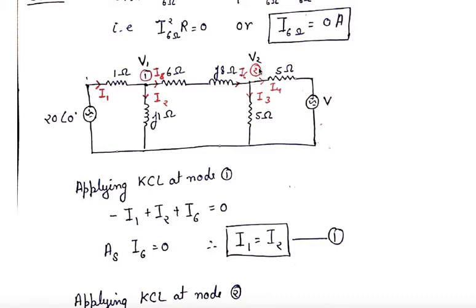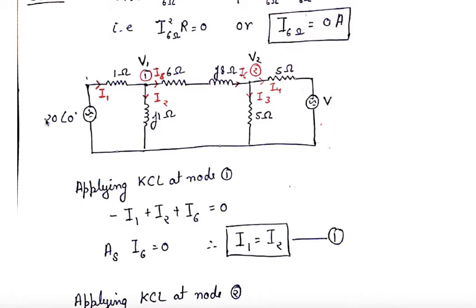But we don't know the value of V1 and V2. We have just marked the value as V1 and V2. And here it is 20 ohm. So it may be possible that 20 ohm is at higher potential, and so we have marked the current direction as entering inside the node. But it is completely fine even if you go by the thumb rule and always mark the current in the leaving direction. That also is completely fine.